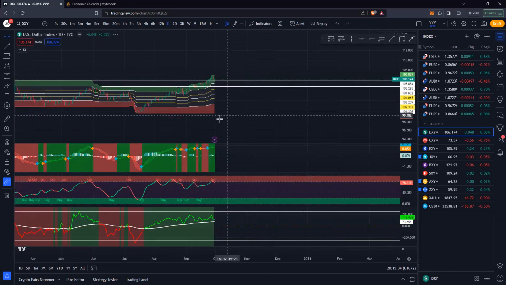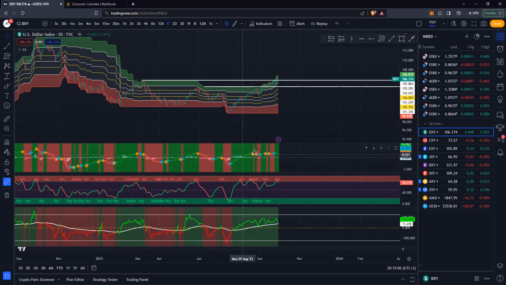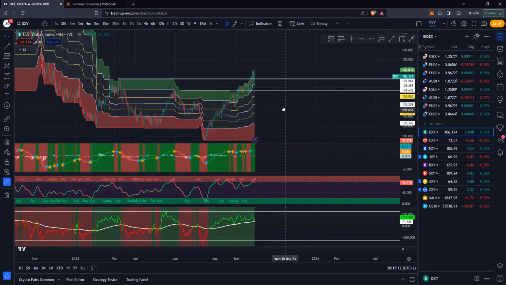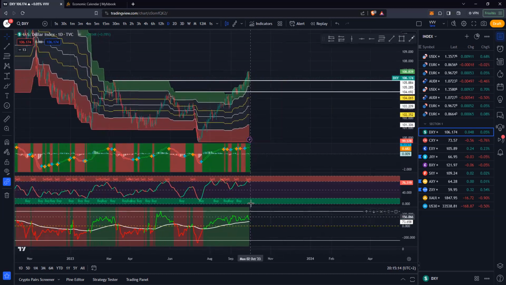On daily basis, we are on the top. Actually, we are above the zero line. Everything is above the zero line. For now on, we got two signals, green, one red. What I would like to see is actually